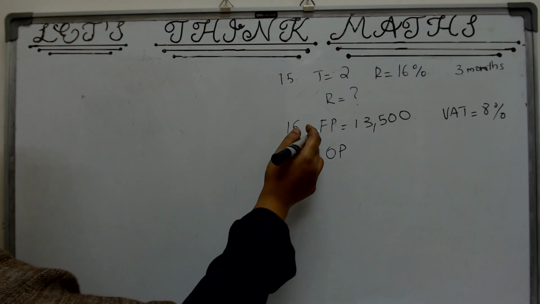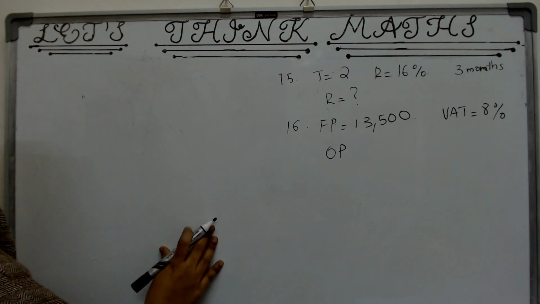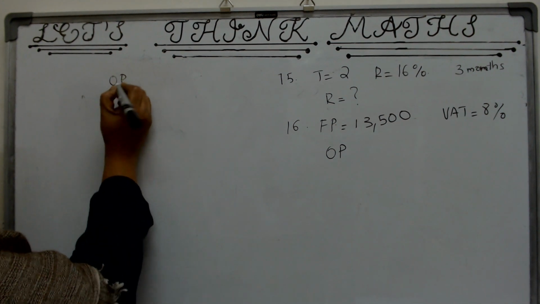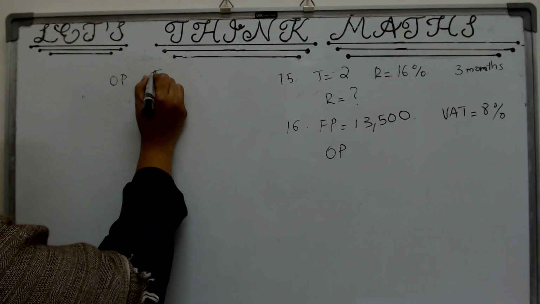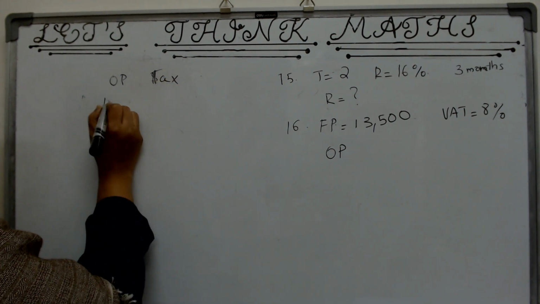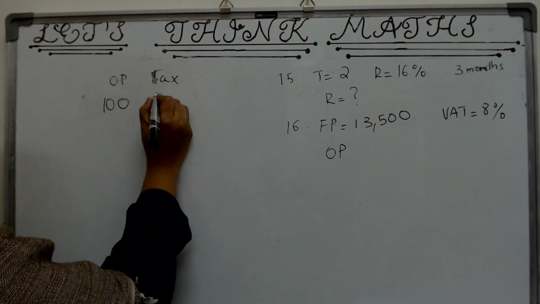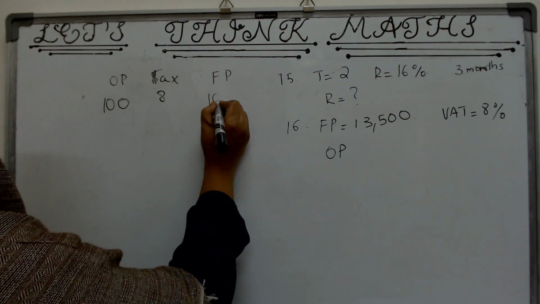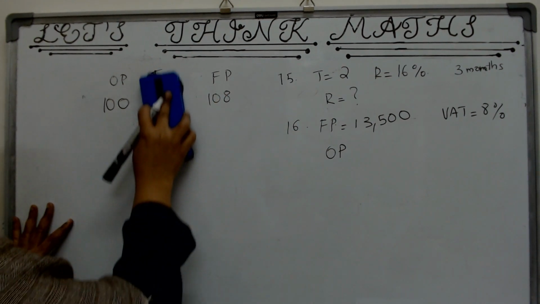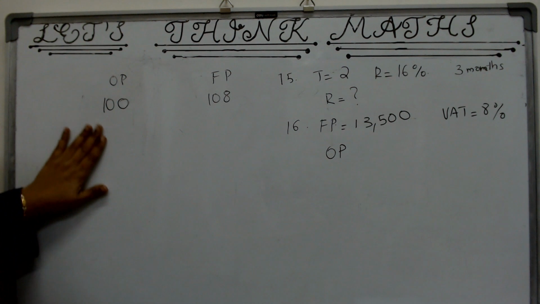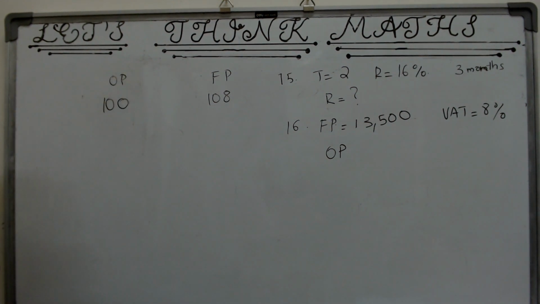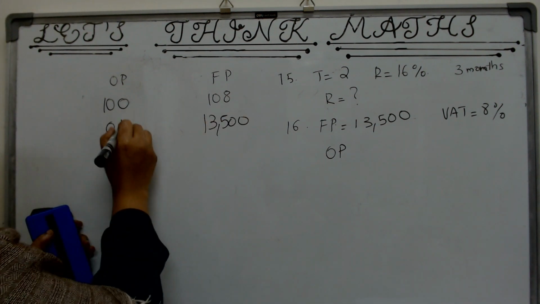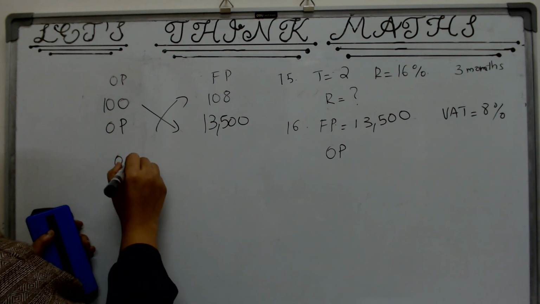The final price is of no use to us. If you want to apply the formula, you want the original price. But if you don't have the original price, what do you do? You apply the definition. What is the definition of tax? For every 100 rupees of the old price, you have to pay 8 rupees extra. So then your final price will be 108 for every 100 rupees of the original price. So if the original price is 100, the final price you have to pay is 108. But what is the final price? It is this. So the original price would be, cross multiply, your original price would be,